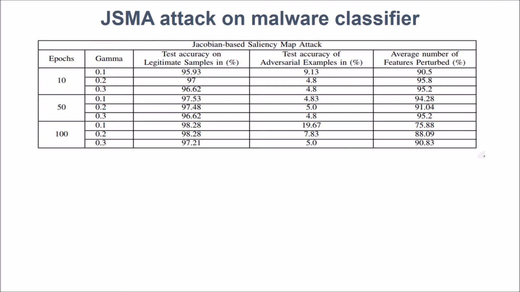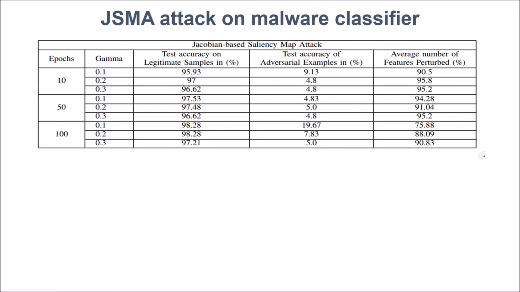Then we have performed a different kind of adversarial attack called Jacobian saliency map attack. So in this attack, the accuracy of the classifier on the legitimate sample was around 97%, and when the adversarial attack was performed, the accuracy has fallen from 95.93% to 9.13%, which is like an 85% loss in accuracy, but to achieve this we have to perturb like 90% of the features, which is actually changing the